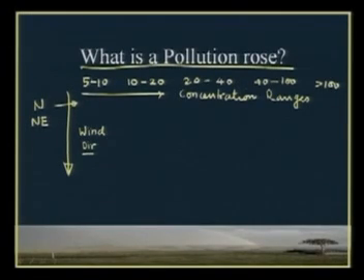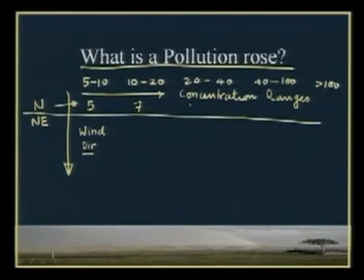So how many hours, when the wind was from north, was the concentration range between 5 to 10? Let us say there were 5 hours in this range, and around 7 hours in this range. When the wind is blowing from north, don't forget we are talking about the windrose at north, the concentration range between 20 to 40 was, let's say, 20 hours, and then this is again 5 hours and 2 hours. And then once we have this, we can plot exactly the way we plotted for the